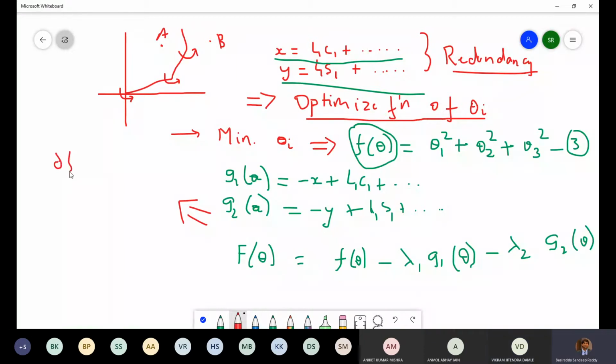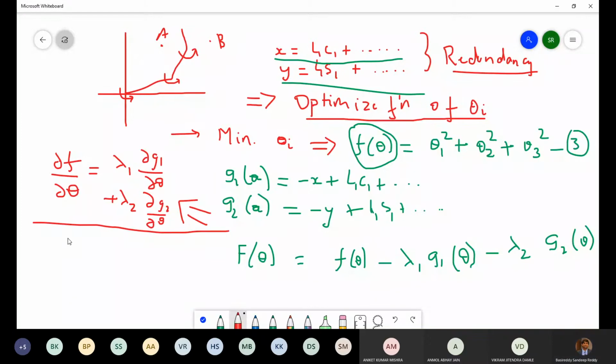So you'll get del f by del theta equal to lambda 1 del g1 by del theta, something like this, plus lambda 2 del g2 by del theta, right?